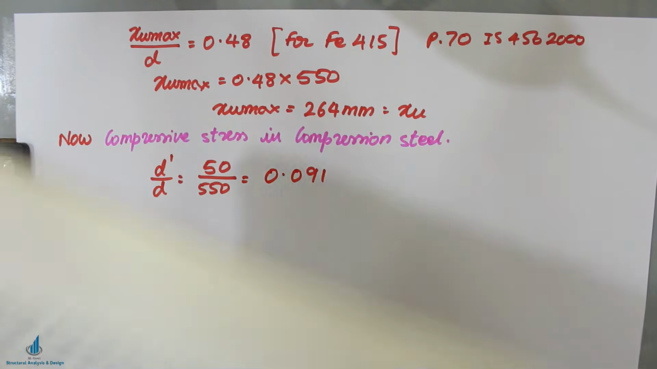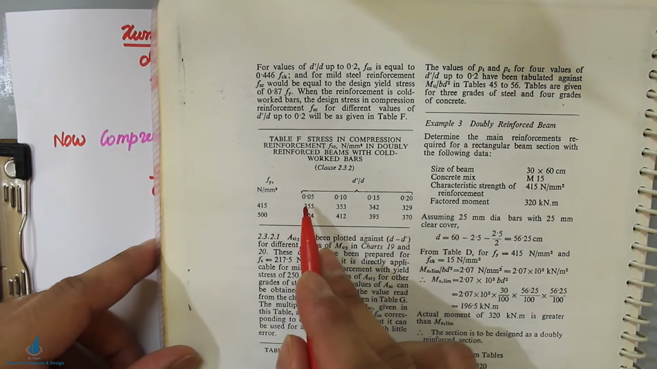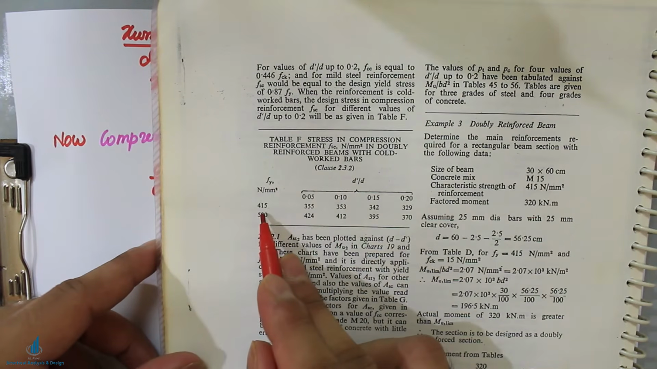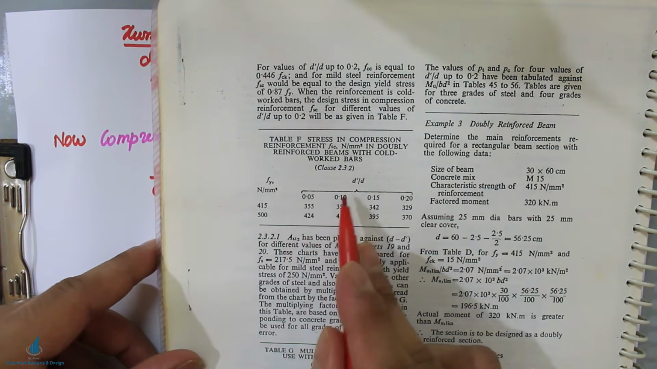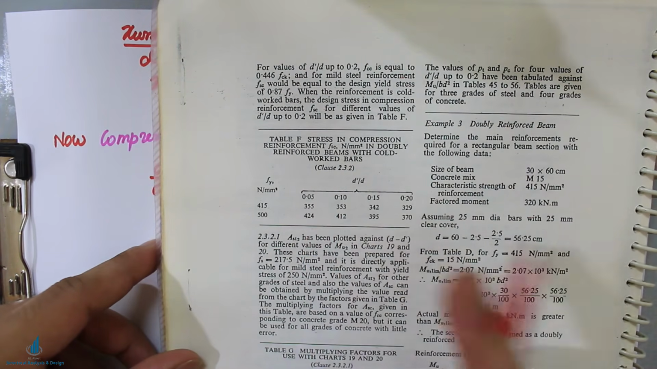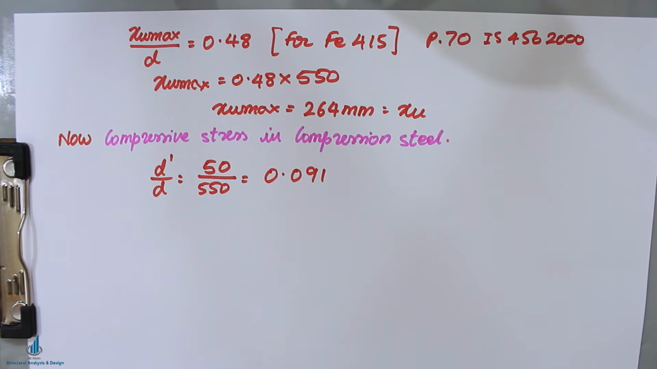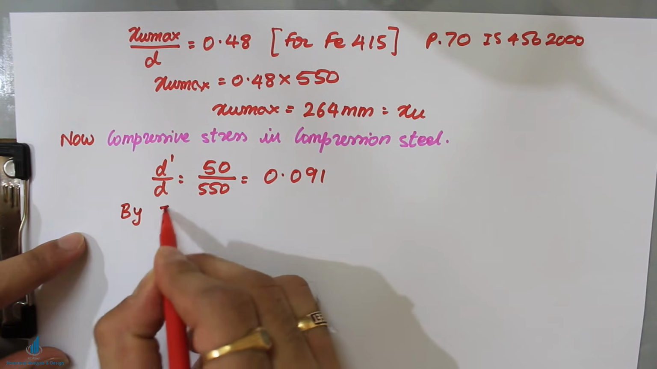Now you have to go back to Table F of SP16 and see where it lies. It lies between 0.05 and 0.1, and for 415 grade of steel, 0.05 has 355 Newton per mm square and 0.1 has 353 Newton per mm square. Now you have to use the interpolation method to find the exact value of compressive stress in compression steel for that particular ratio, 0.091. So by the interpolation method,